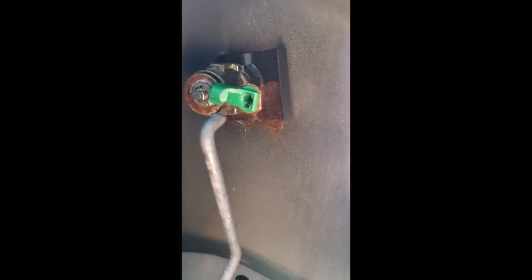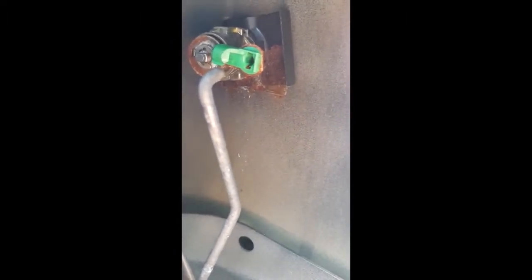So the rod is now not connected, right? It goes into that green thing and then clips in, and the lock is held in by that friction plate. So now what I'm just going to do with two hands, so I'm going to put the phone down because I don't want to lose the lock in the car door, is I'm going to try to wiggle that friction plate out. It's got like two little spade-like